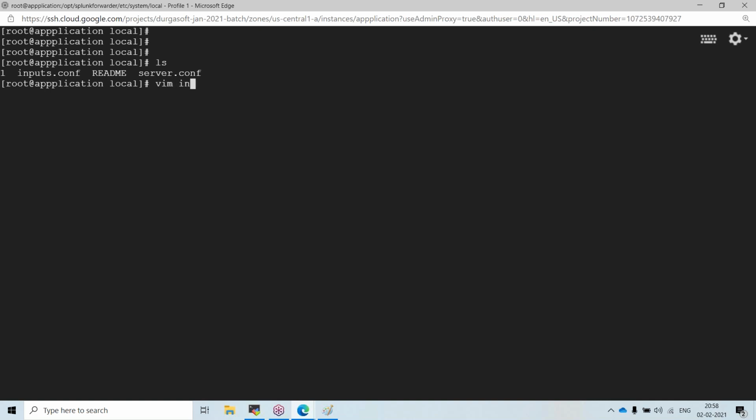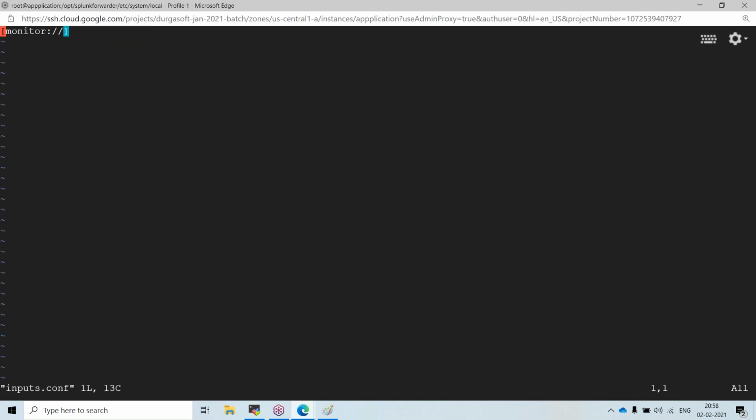vim inputs.conf. Here I have to provide the path. If it is a Linux system, I have to provide something like slash app slash abc.log.